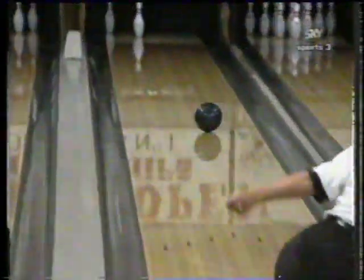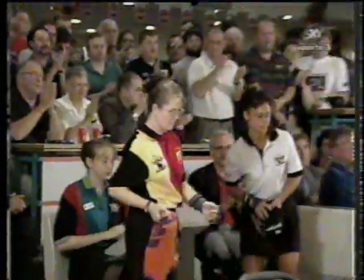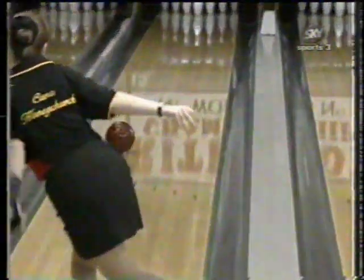It's been a little bit slow so far. This is a tricky little spare. Good shot. Good shot. You see, use the deflection there of the ball. So as it hit the front pin, the two pin, it then bounced slightly and just carried on there. The left-hander from down under in Australia, World Cup champion, Honeychurch from...